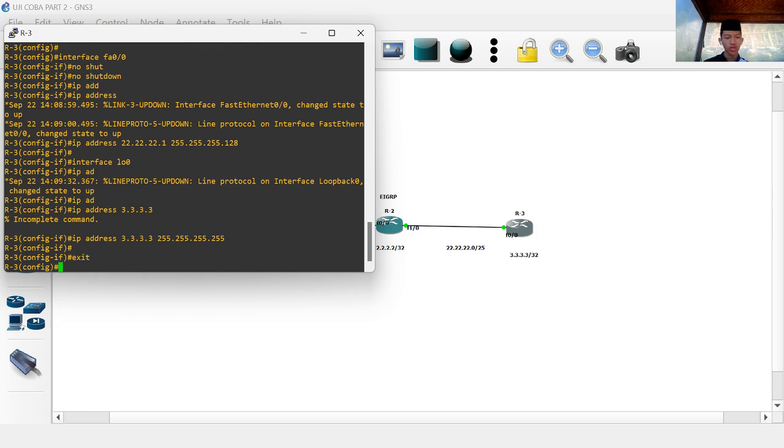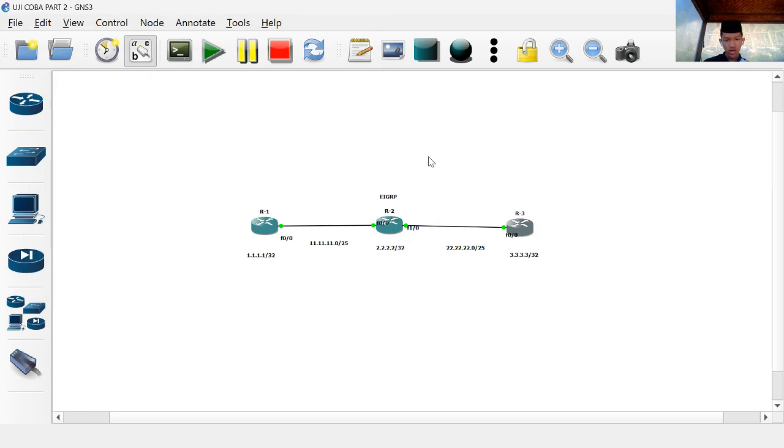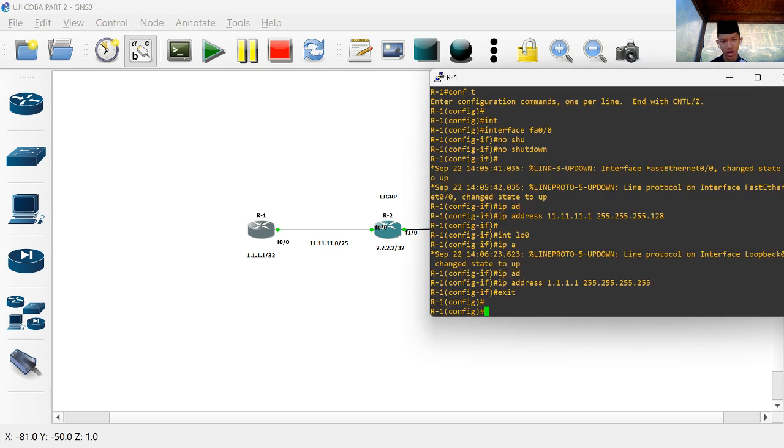If you have already configured the IP address for all routers, we continue to configure the EIGRP protocol on all routers.